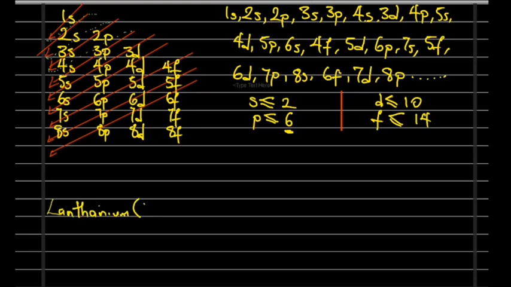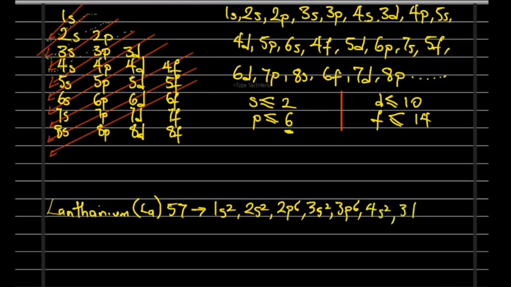Lanthanum. It has atomic number 57. 1s2, 2s2, 2p6, 3s2, 3p6, 4s2, 3d10, 4p6, 5s2. Okay, this is 10, 20, 30, 38,